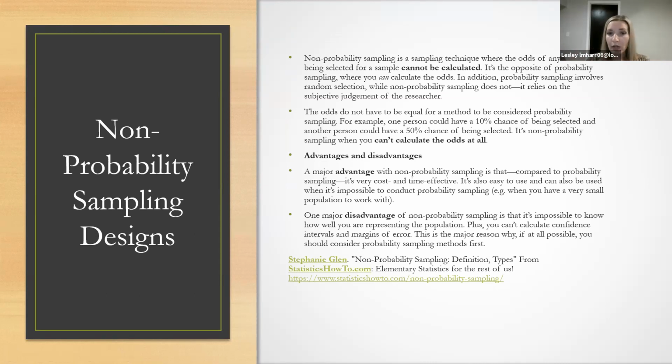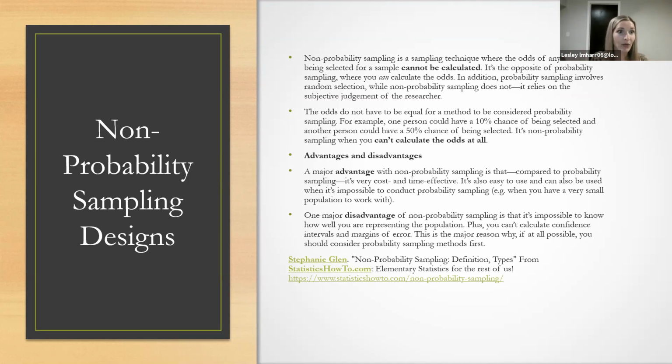Okay, so a few little bits of information about non-probability sampling. When we compare this to probability sampling, we look at the odds of any member of the community being sampled. So let's say we have 100 people within a child welfare system, within a county. Our chances of being selected as a participant in that study or that program evaluation would be 1 out of 100. That is not information that is relevant or useful when looking at non-probability sampling strategies, because we just want to include everybody that is within the sample.